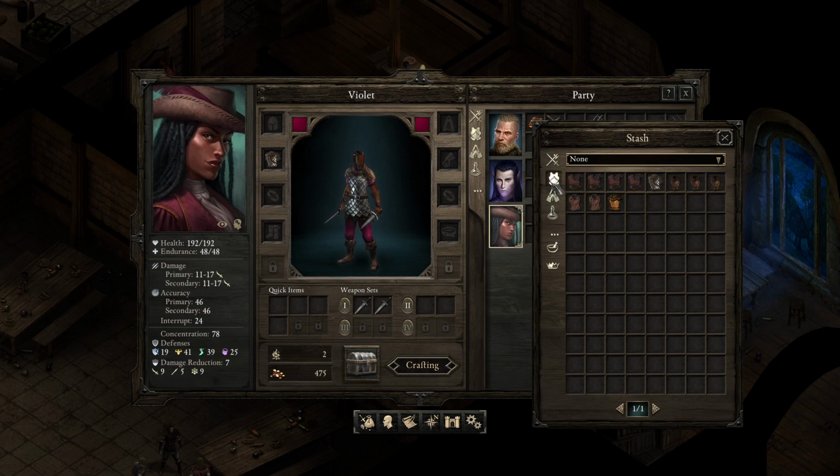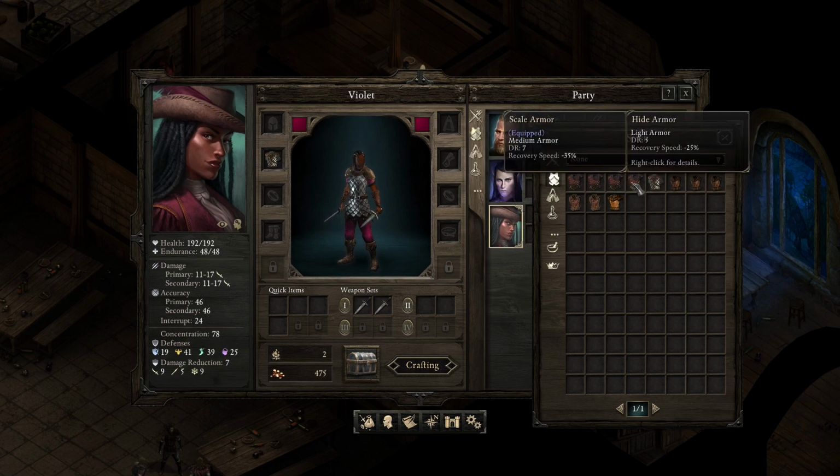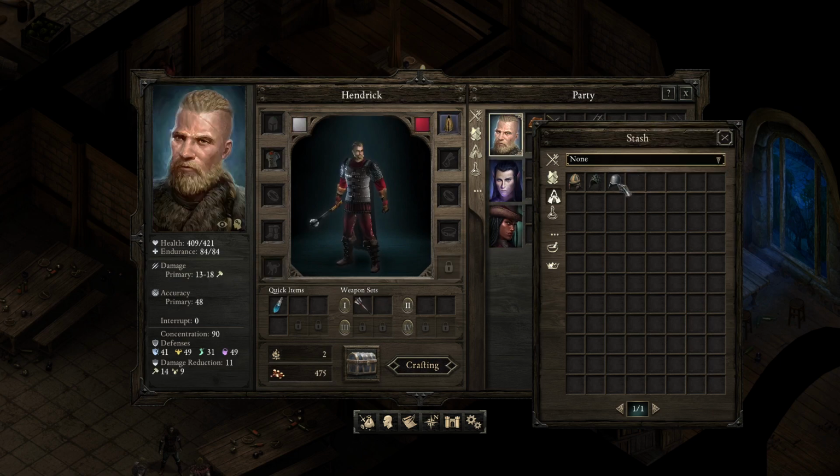Okay, now we need a decent armor. You are a damage dealer. You need some protection. Although, to be honest, this recovery speed I don't necessarily like, but you actually need some protection. So you can use this one. I mean, it's better than nothing. You can have the cape, I don't mind. The hood, well, you can have the hood. That looks better. What about you? You can use the helmet, sure. I mean, it's worth nothing, but...